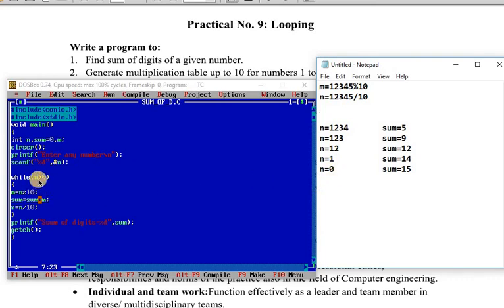Again it will check the condition, n greater than 0. Now n is 0, so this condition will be false. The value in the sum is 15 and the value of n is 0. Now printf sum of digit equal to, here we are displaying the value of sum. Okay, this is the first iteration, second, third, fourth and fifth. It has 5 iterations because this is a 5-digit number. If we had taken a 3-digit number, it would have only 3 iterations. Now we will compile this program